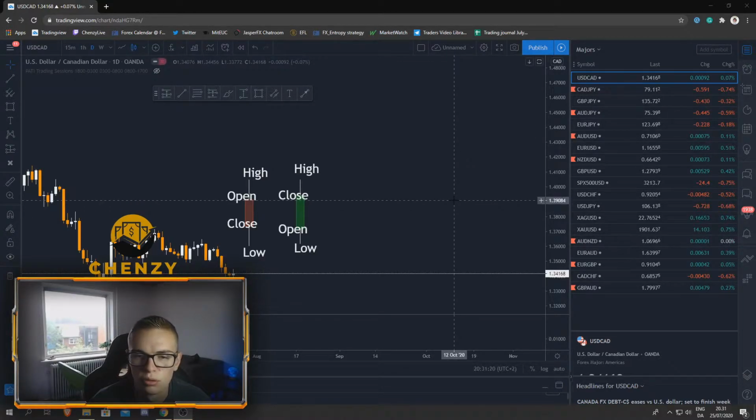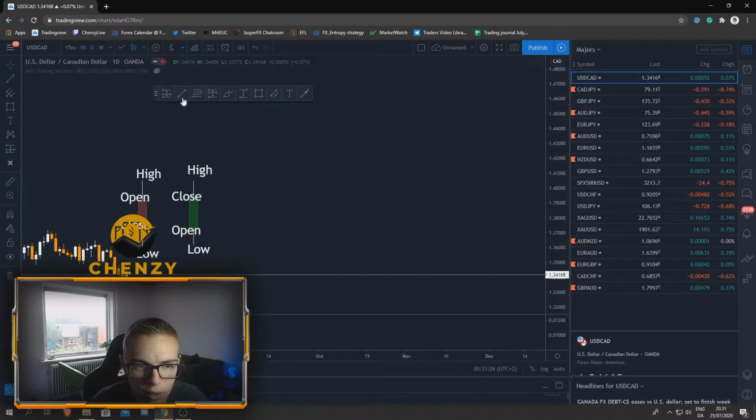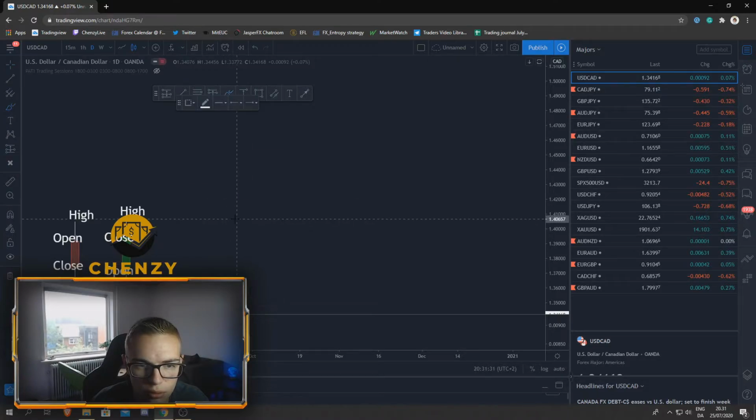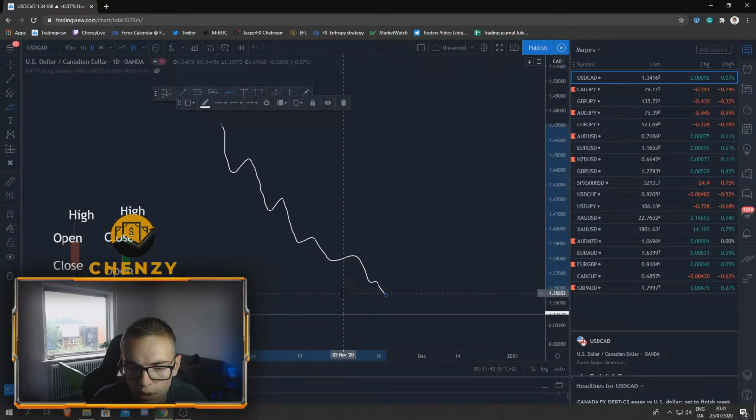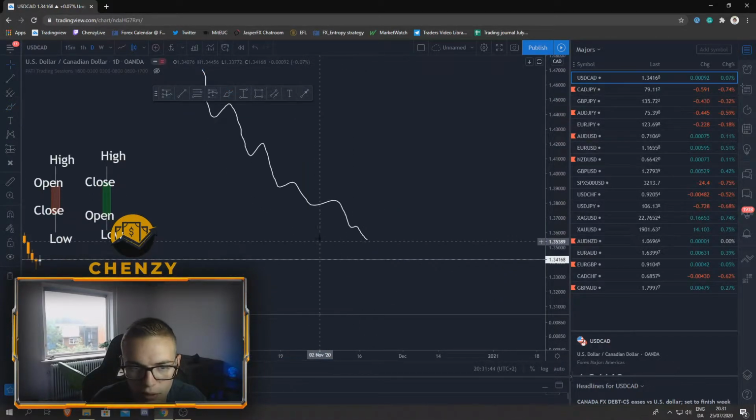So let's use a downtrend as an example. Okay, and I'm just going to draw a downtrend. You can see this line here represents price, okay? And we're coming down, and then down here